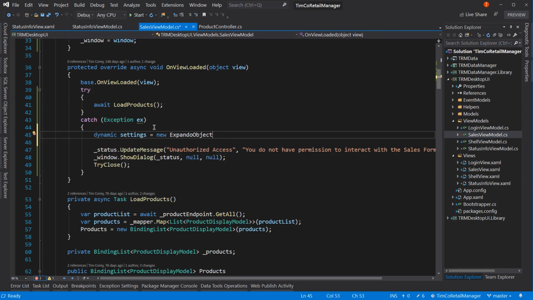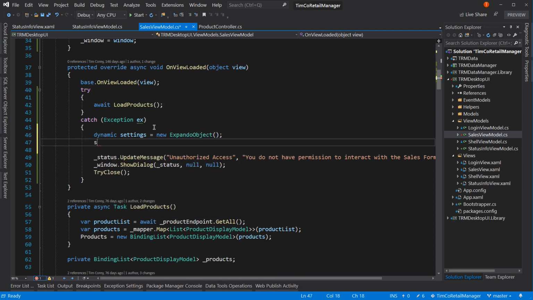Control dot to add using system.dynamic. So create a new expando object. And we're going to say settings dot, notice there's no IntelliSense here because essentially we can create anything we want in this object. So we're going to say settings dot window startup location. Yes, you have to type these out correctly because there is no IntelliSense, and so you have to know what